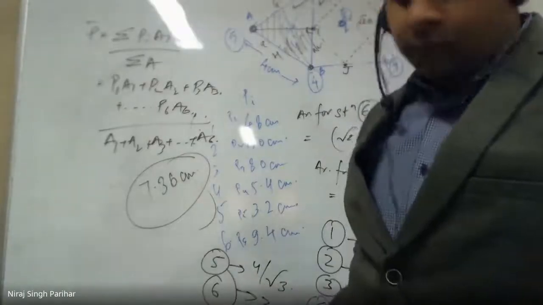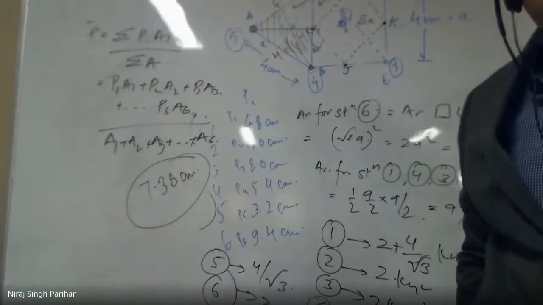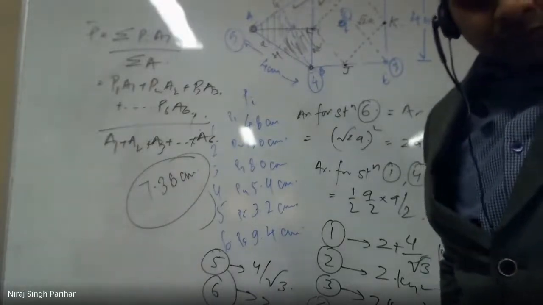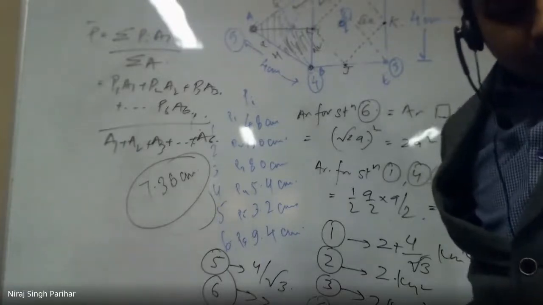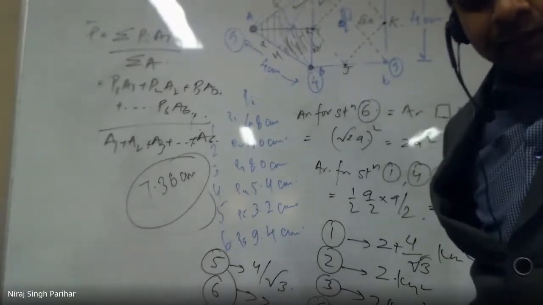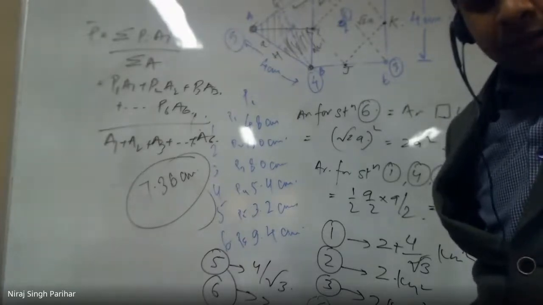Okay, you just calculate at home. I'm giving another numerical. Write down quickly. We hardly have 10 minutes left. Write down the isohyetal map. The isohyetal map